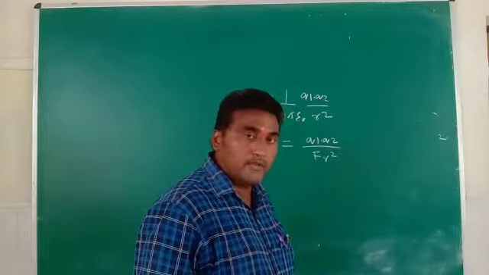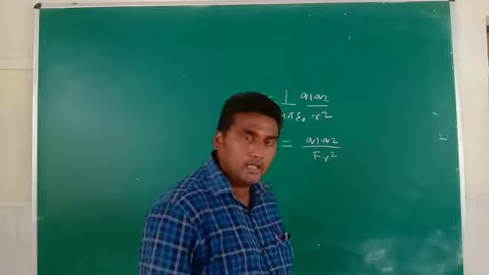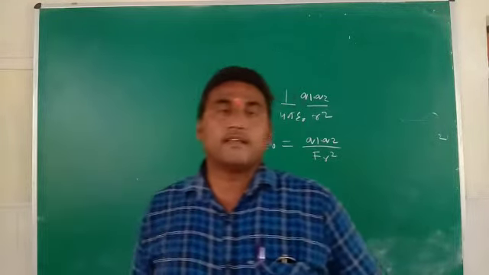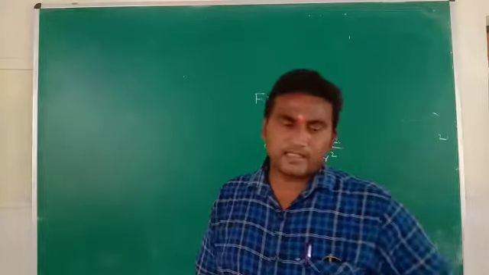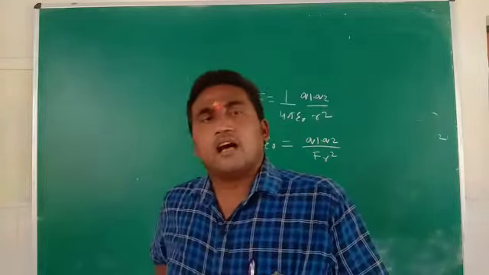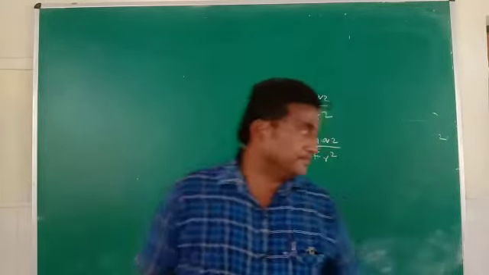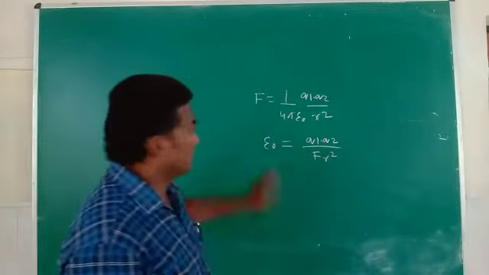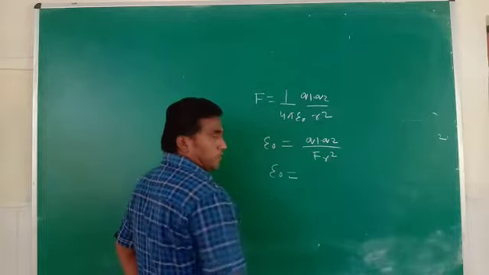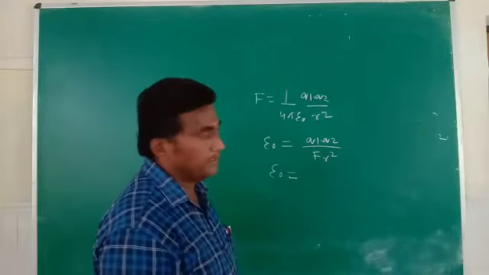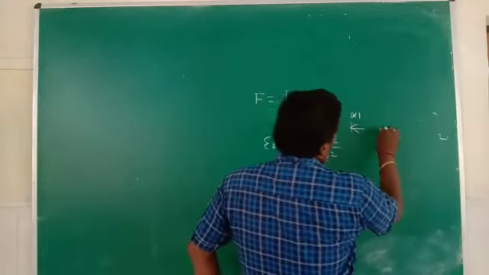But we observe the dimension of epsilon naught, which is also called the permittivity of free space, and is generally useful for any dielectric constant. It also behaves as an insulating material, such as wax, plastic, etc. We observe the dimension in this term: epsilon naught is equal to q1 q2, the charges.